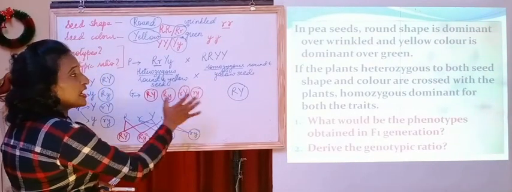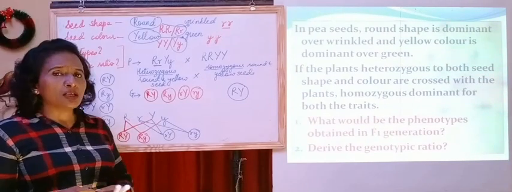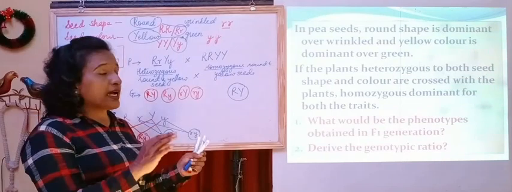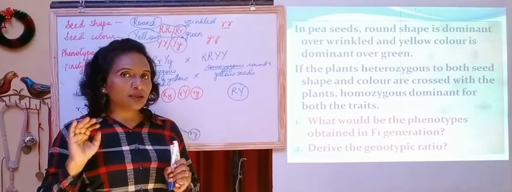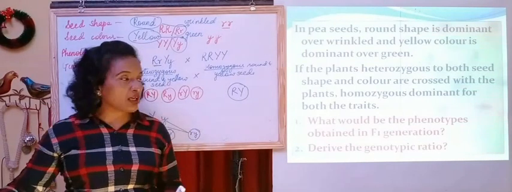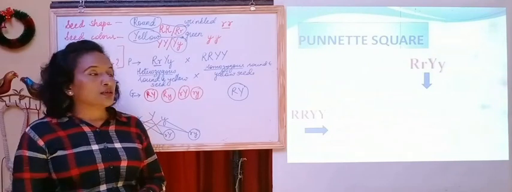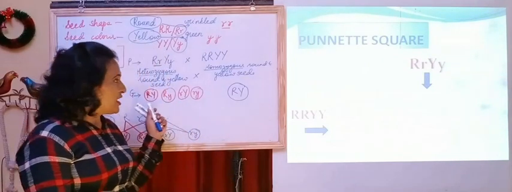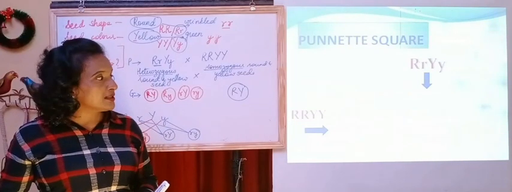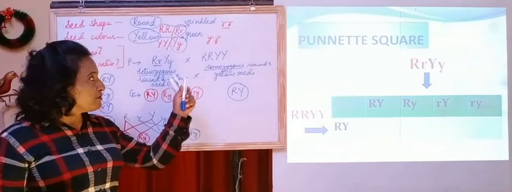And then we have to find out the F1 generation. So, how to find out the F1 generation? We already know how Punnett squares are prepared, right? There will be columns and then there will be rows. I'll just show you how we can find out the gametes. Now, once we have got the gametes, we know that a Punnett square is supposed to be prepared. So, this is the Punnett square which I have prepared for this problem.